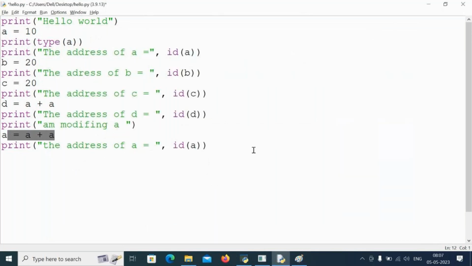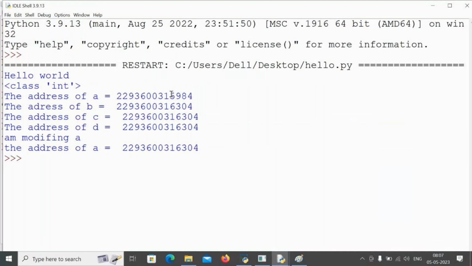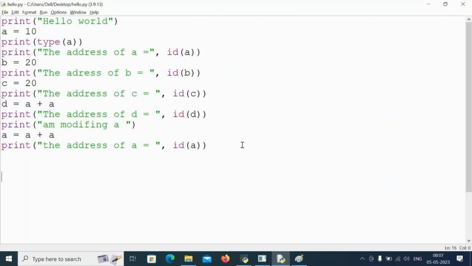See now, first let us run this. Initially the address of A is what? Somewhere at 984. After we modified this, the address of A is now pointing to the same 304. Now no one is pointing at this address location, right? So what I'll do is, again I'll create an object of 10. Now I'll print the address